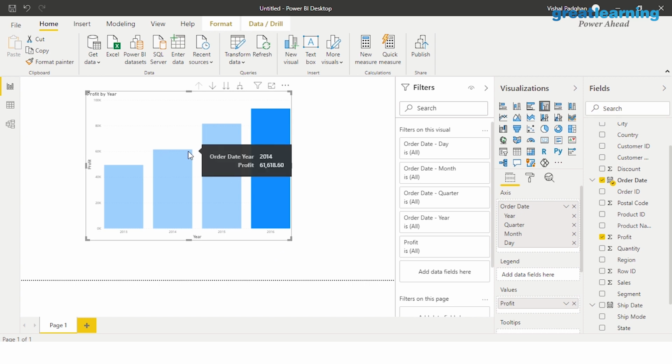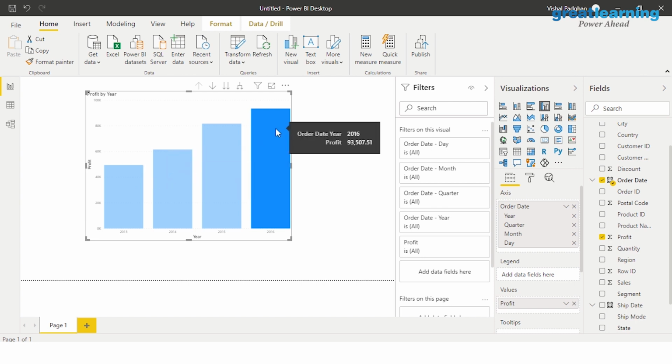Now, what you see here is profits for the following years, right? It's 13, 14, 15, 16. So it's fairly old data, but it doesn't matter. It is for demo purposes, so we should not put too much thought into these things. How do we go about the drilling down process here? I had given you an example in the theory part where I mentioned that you can drill down into your data. Now let's assume that you want to take a look at the data by drilling down. Can we drill down? Yes. So let me click here.